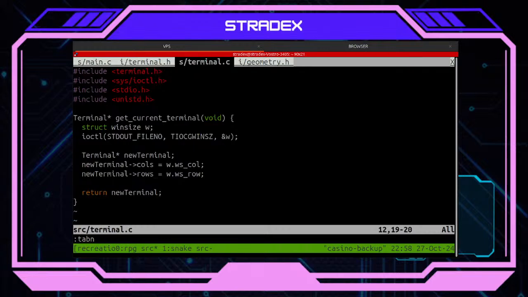So yes, I want to create this. I want to use this get current terminal to get the current terminal size.